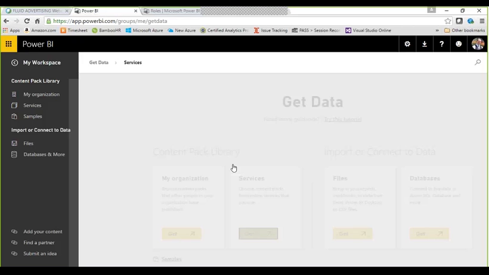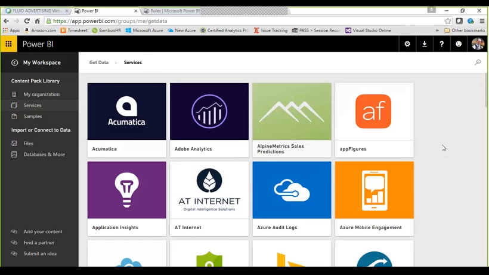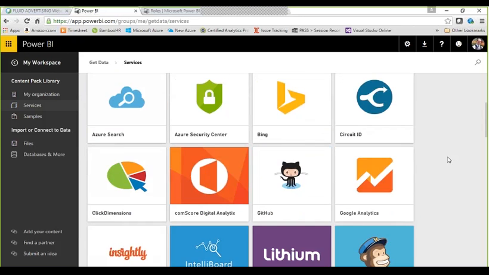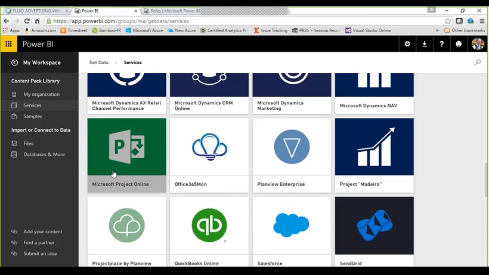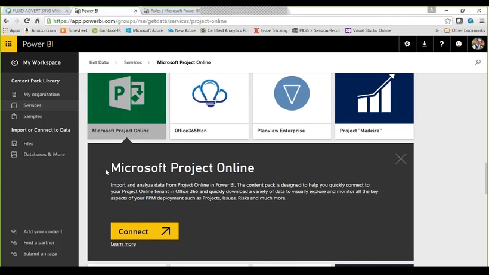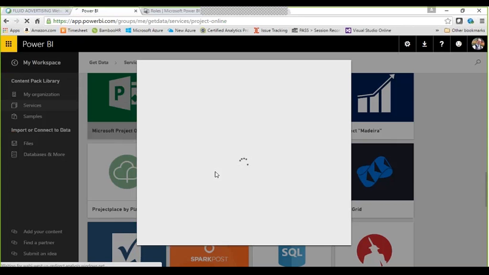Microsoft has already created for us under content packs a Project Online content pack. So this is, again, for Project Server Online. If you are using SharePoint 2013 on-premise, I'm going to show you how you can access the API for Project Server on-prem. But the content pack specifically in Power BI is for Project Online. You can connect directly to your Project Online site. If I just click on Connect here,